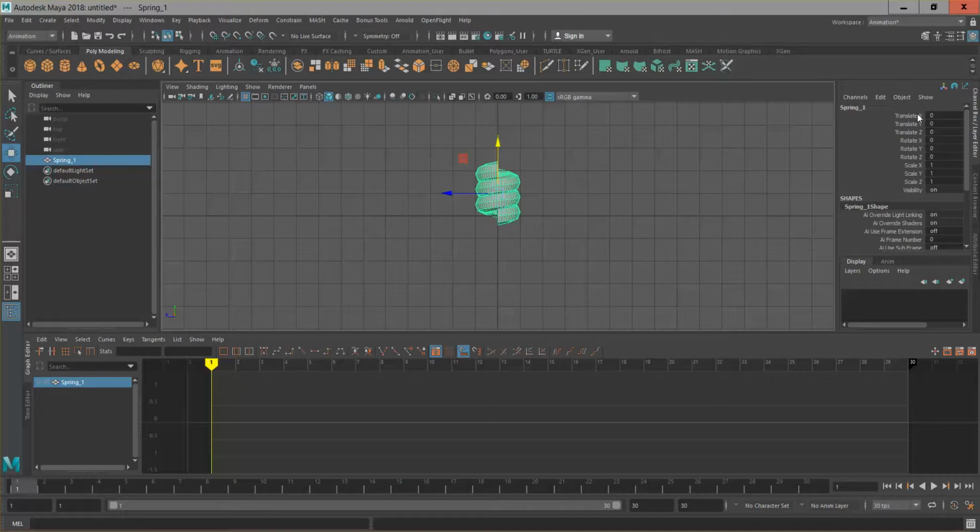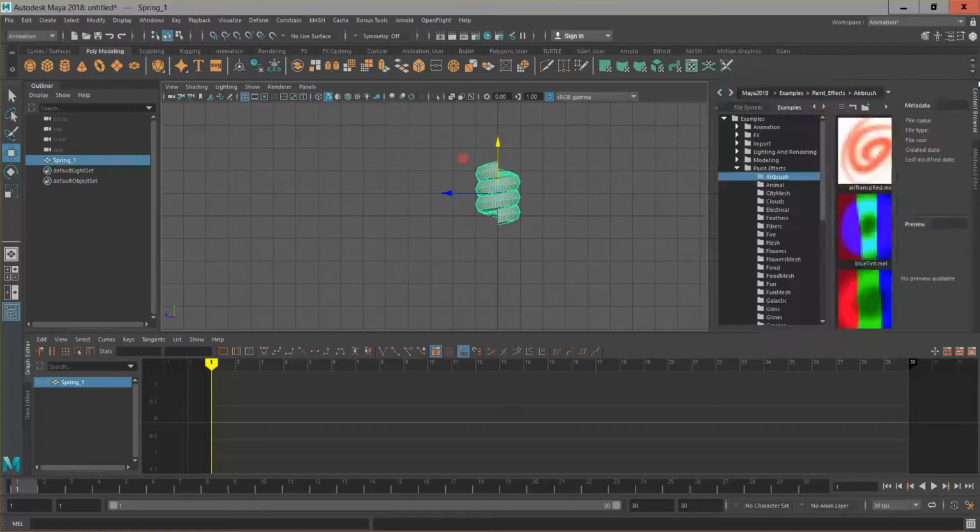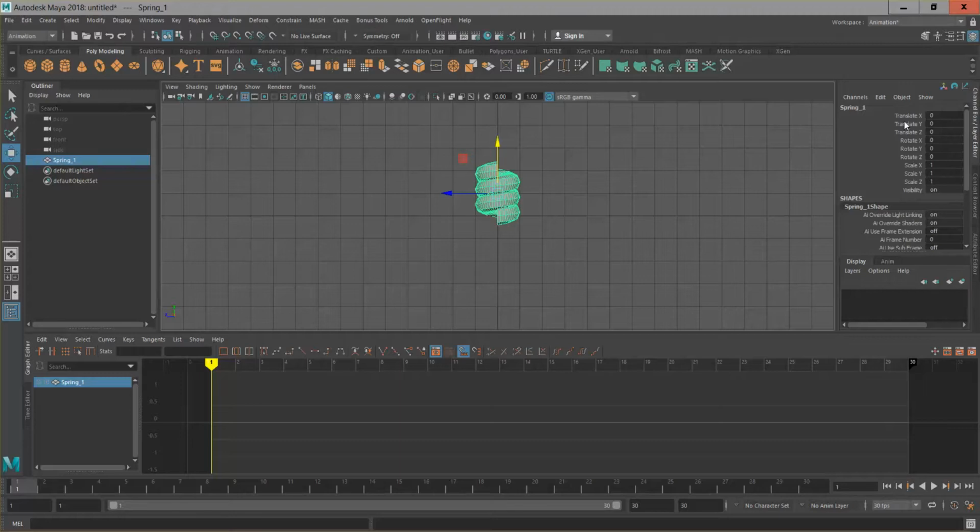So if you keep your eye on the channel box, if you've not got the channel box selected, find it on the right hand side. If you can't see it, look for this icon up here, and if you select it, it will appear. Now on this window here,